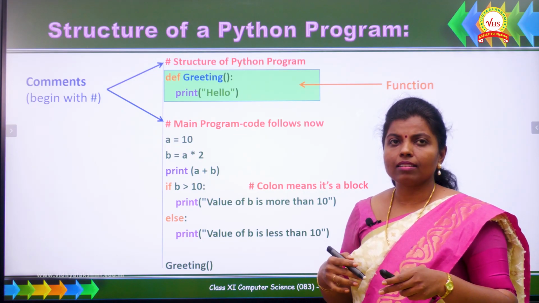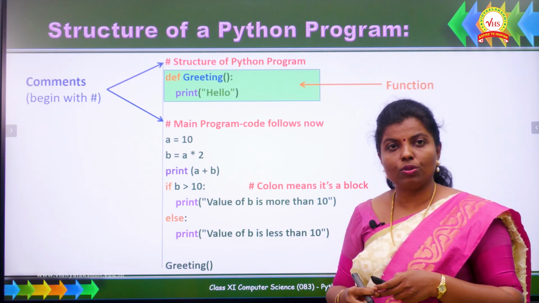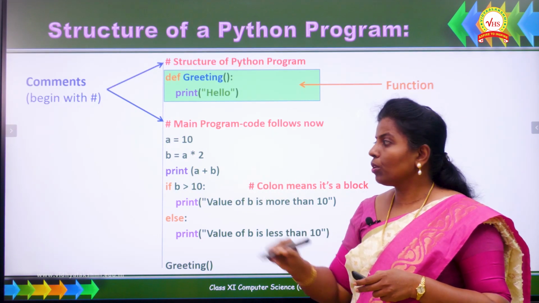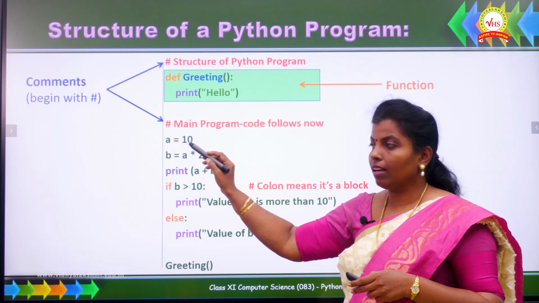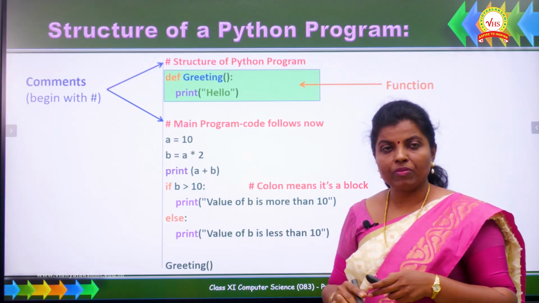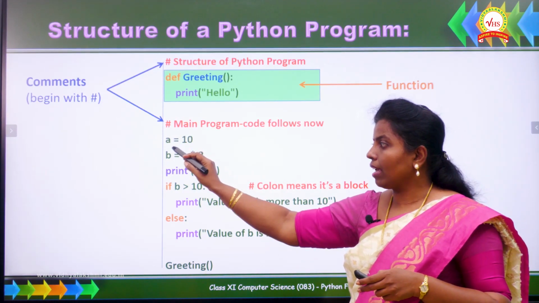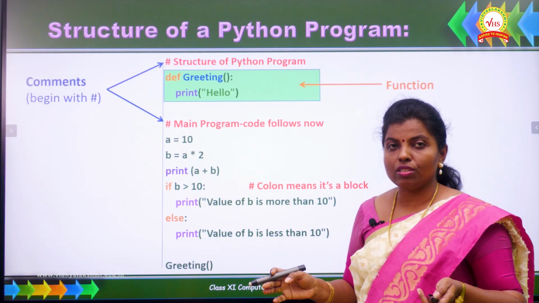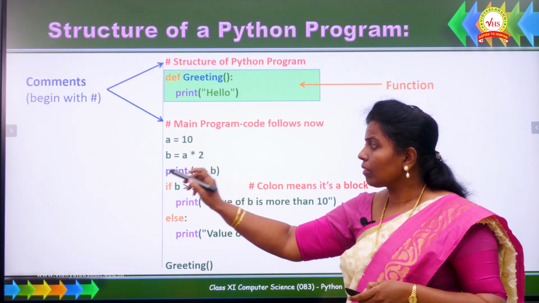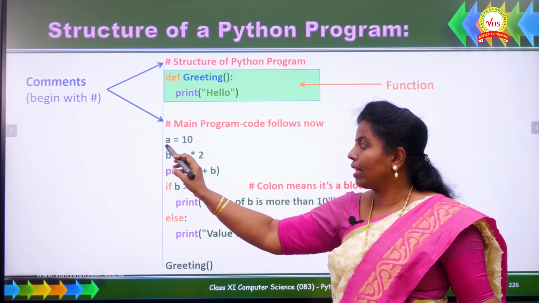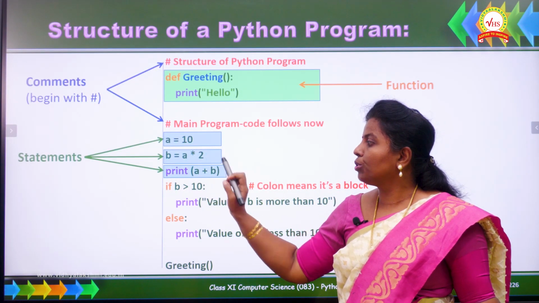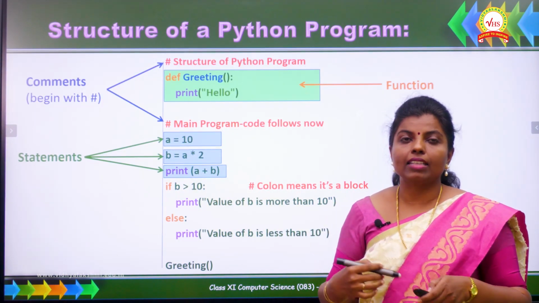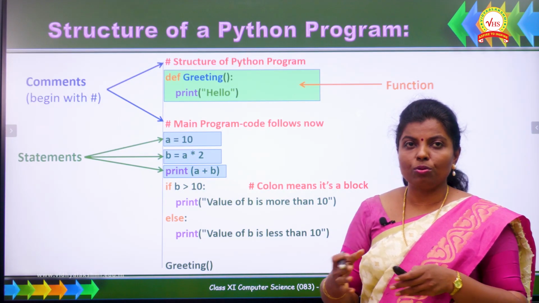So actually these are instructions. We are giving instructions to the machine to do whatever we are instructing, right. So here we are assigning a value 10 to the variable a. In turn, in Python, the variable a will be creating a label and it will be referencing the value 10. So these are instructions to the program. So all these are referred as the statements, all like a equal to 10, b equal to 2, print a plus b, all these are referred as statements. Statements are the instructions. So we are giving instructions through each and every line.